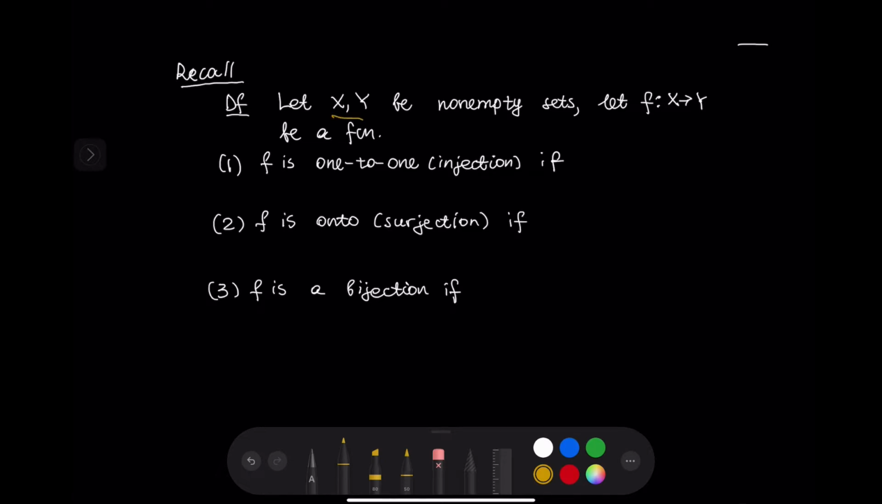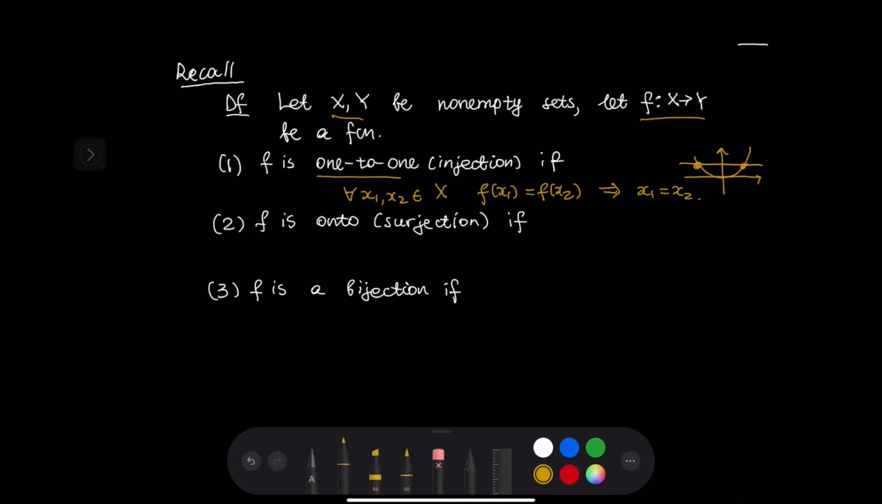So let X and Y be non-empty sets, and let f from X to Y be a function. The function f is one-to-one if for every x1, x2 in capital X, f of x1 equals f of x2 implies that x1 is equal to x2. In the previous video we discussed the horizontal line test. If a horizontal line intersects the graph of a function at more than one point, then